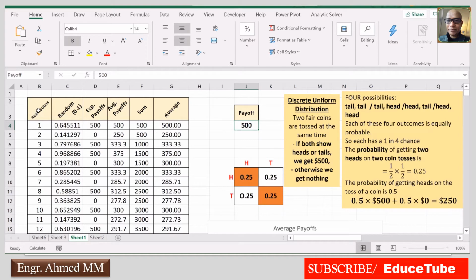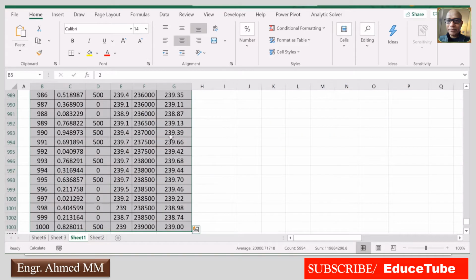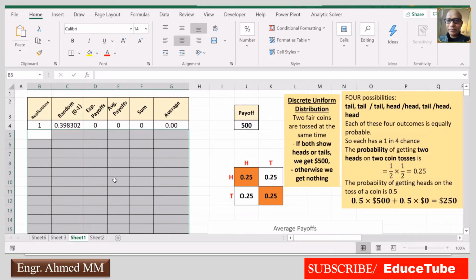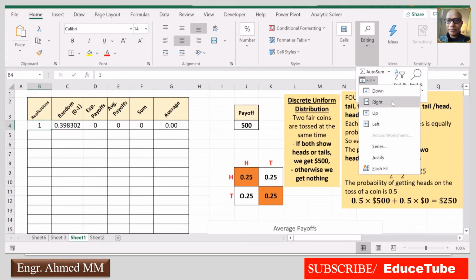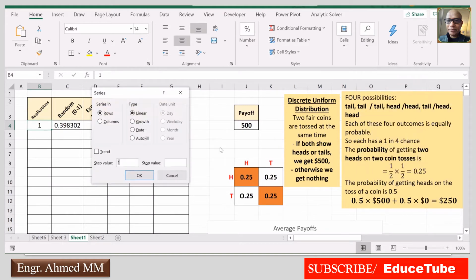So we have to first generate random numbers. Suppose I am removing all these numbers. Delete. Now in replications, I will generate 1000 numbers. How? I'll go here, go for fill, and then series.